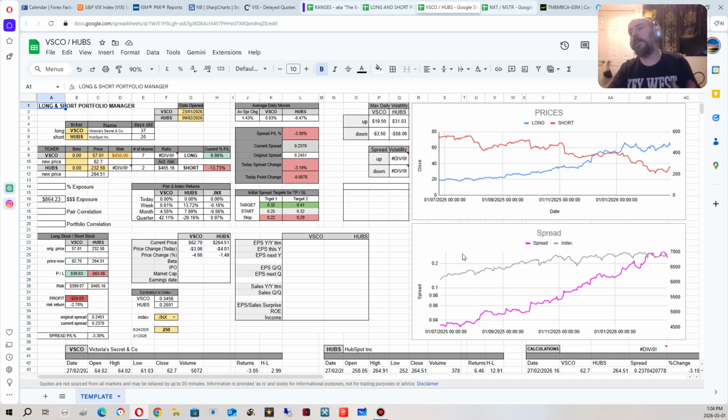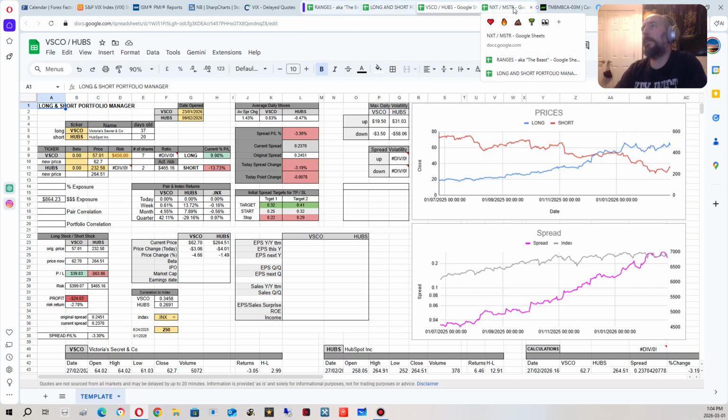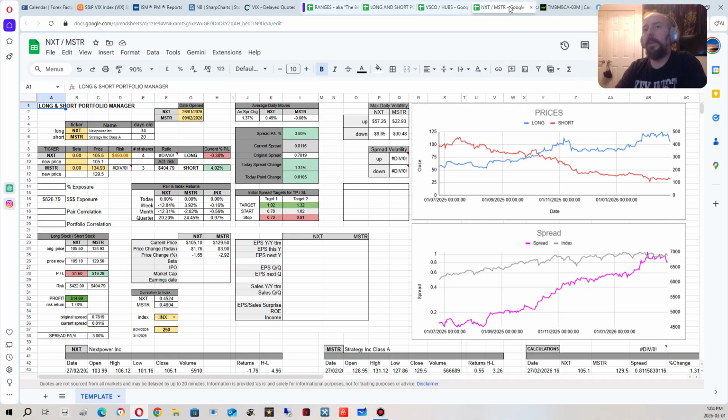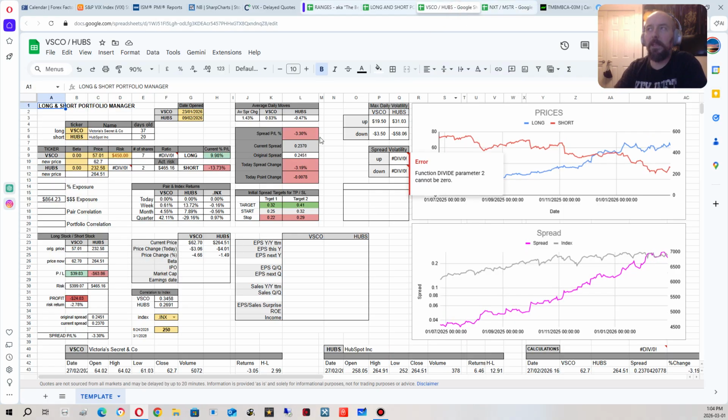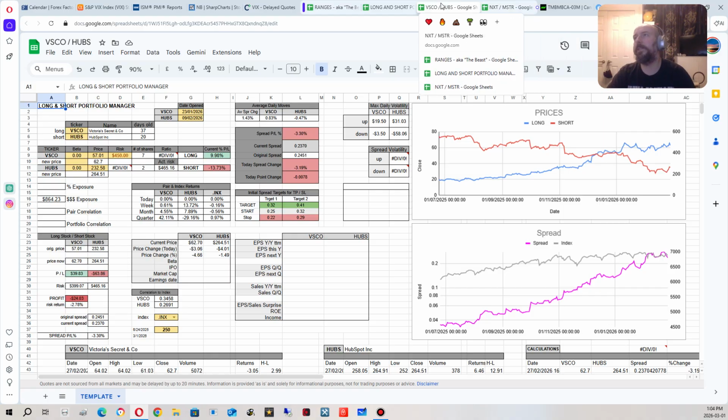And I've also expanded to all of these things now. There's a summary page, but these two trades were just NXT, MSTR, VSCO hubs. These are just two hypothetical trades that I've taken to show you how this stuff works. And they're both about a month in. Not much to show. I'm actually losing about $10 between the two of them. Is it always going to work out? No. But that is why you have 15 of them, not just two.